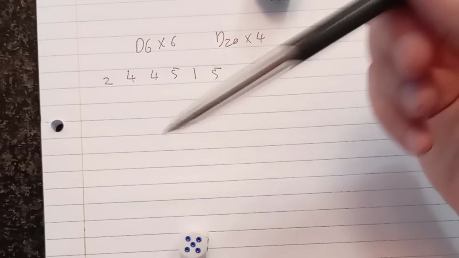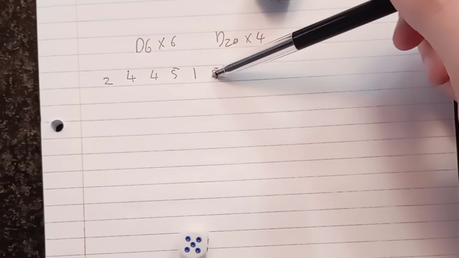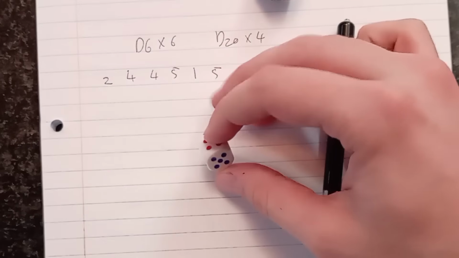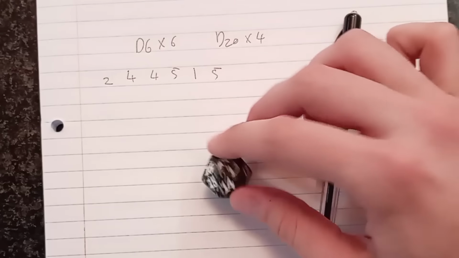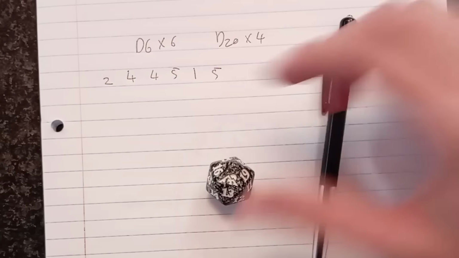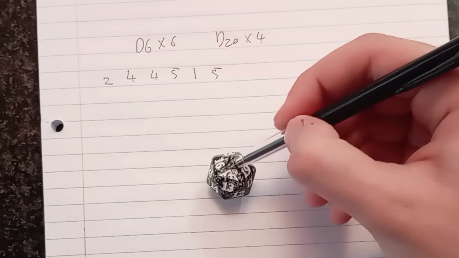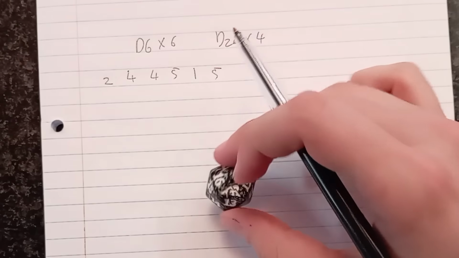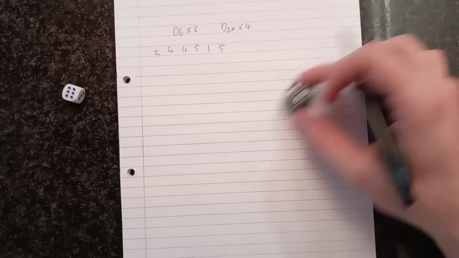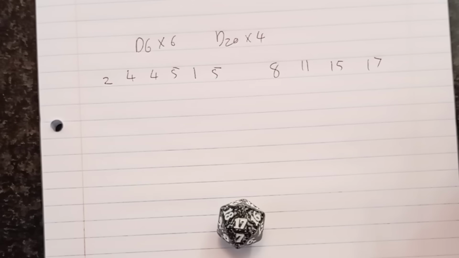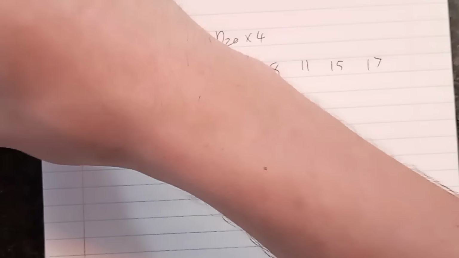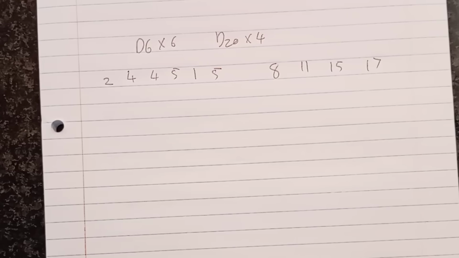After rolling the d6 6 times, I get these characters. Now, if I had gotten a 6, I would not have written down 6, but in fact 0. Same thing goes for the d20. If I would roll a 20, I will now write down a 0 instead of 20. In this example, I never rolled a 20 or a 6, but the rule applies to make sure that we